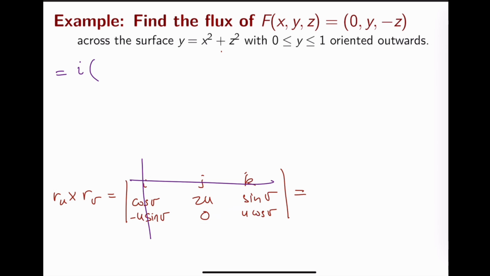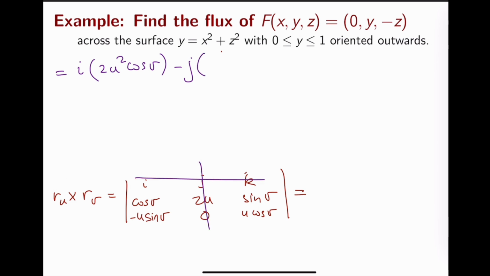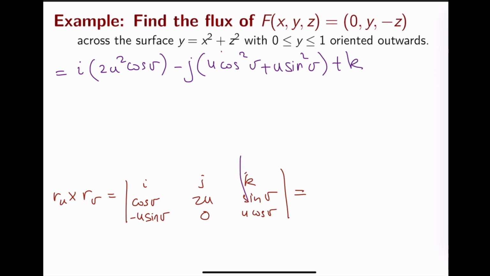This is going to be just 2u times u cosine of v, minus j, and so the determinant, when we eliminate this, should be this times this minus this other 2, and plus k. We eliminate this is 0, will be minus this, that will be minus minus plus, so that's